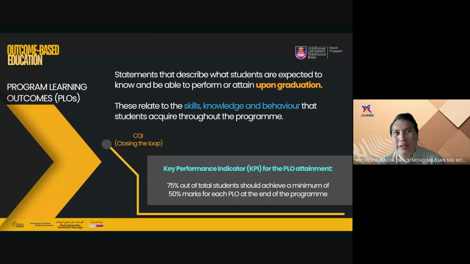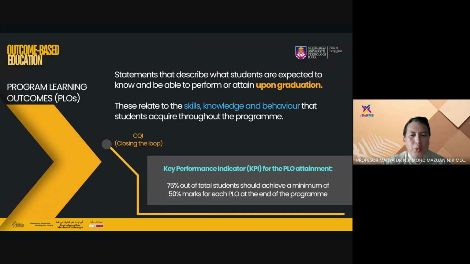Never mind. If you don't understand this, we can do it in series number 4. I'm just trying to say, how do we measure our PLO as part of the quality audit, quality assessment? We call it closing the loop. The loop is in a round shape, so this one is going back to the outcomes.